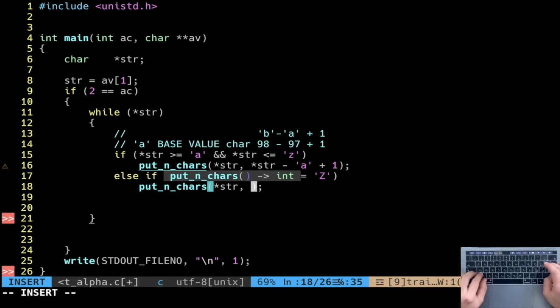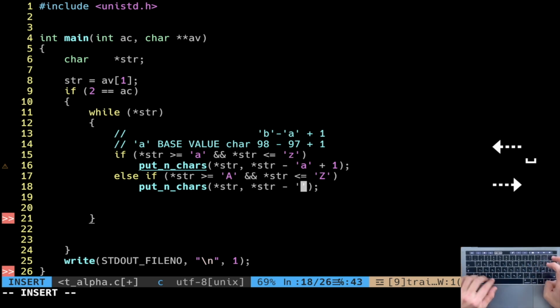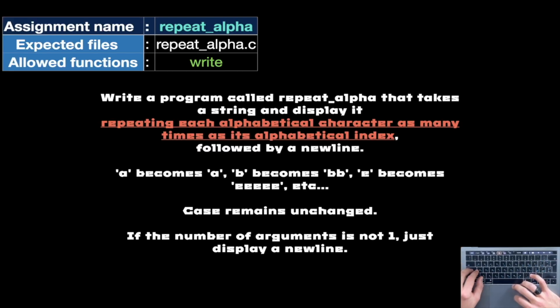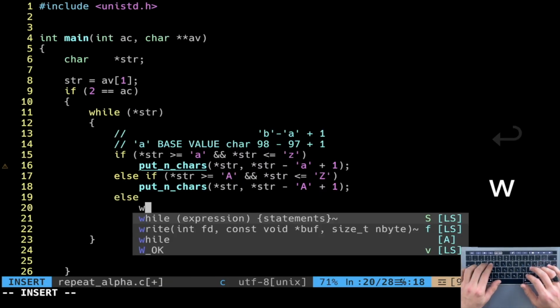So str, I have at str minus uppercase A, which is 65, plus 1. Of course, this program deals only with alphabetical chars. So upper cases, lower cases, all the things which are not alphabeticals, we just write them as they are. So I say else, you just write in the standard output